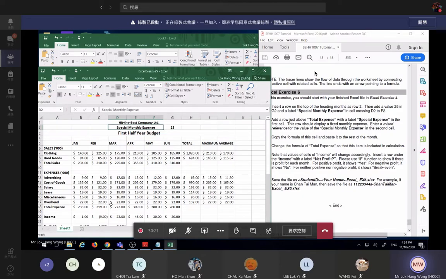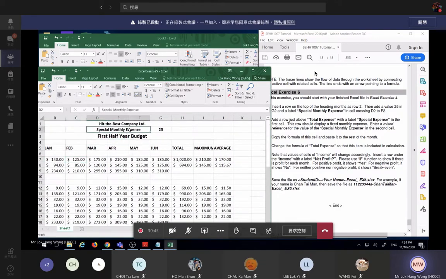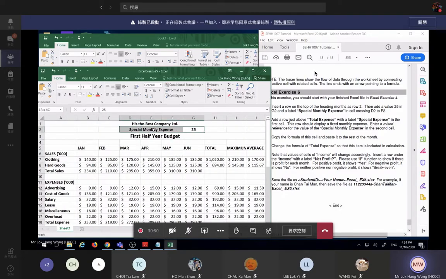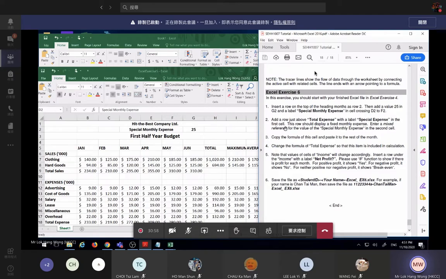Doesn't matter if you type it first or type in D2 first and then merge the cells later, or you want to merge the cell first and type it later. Doesn't matter. 你可以 merge 咗 cell 之後先打啦，或者打完字之後先 merge cell，兩者都係一樣會做到我哋想呢度做到俾大家睇嘅效果嘅，一模一樣，冇分別嘅。So after that, you should see that in row 2 we have something like this: special monthly expense from D2 to F2, and then we have the 25 in G2 cells. Any questions here？ 做唔做到呢樣嘢？見唔見到 G2 25，跟住 D2 至呢度就打 special monthly expense 啦。